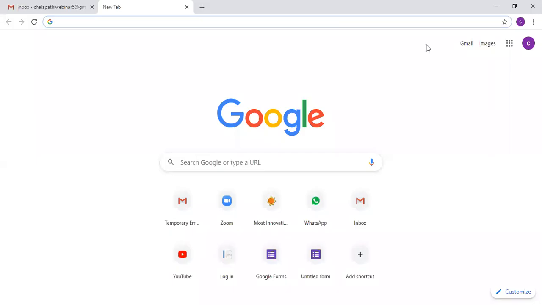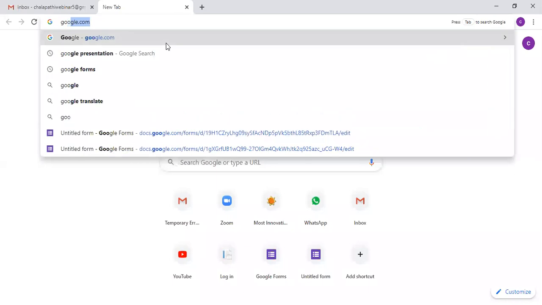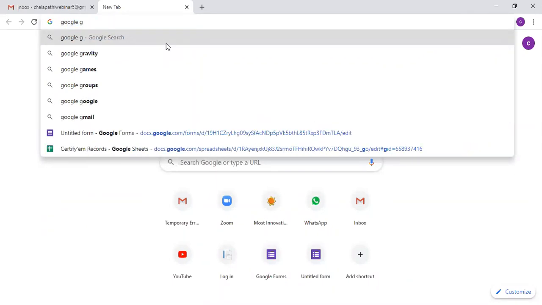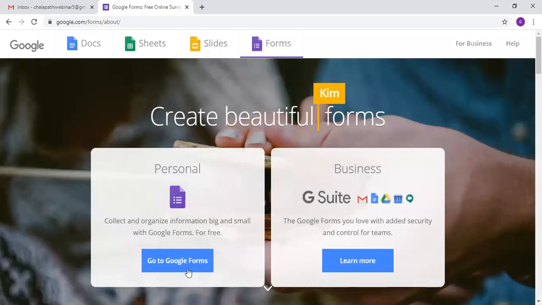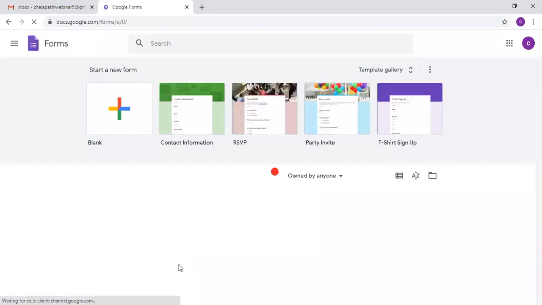Now in this video, we'll see how to create certificates using Certify-M and Google Form. So first thing you have to do is open Google Forms from your browser. You can click it. Otherwise, you can go to your Gmail drive, and from there also you can open that particular thing. But make sure that you log into your email before everything goes well.